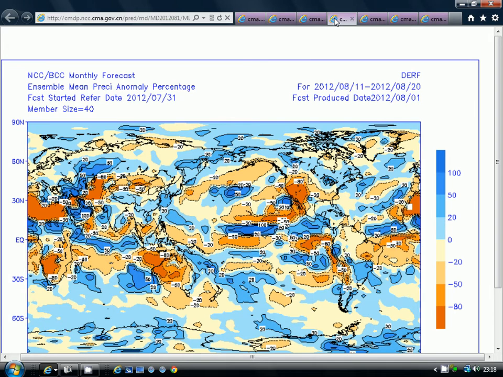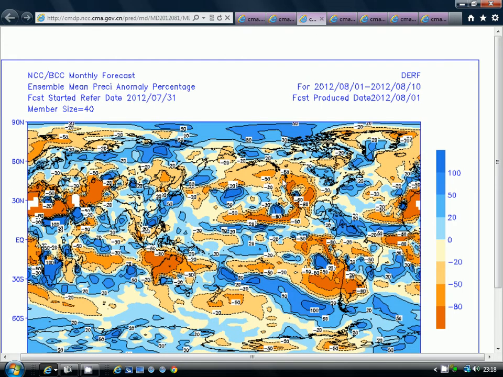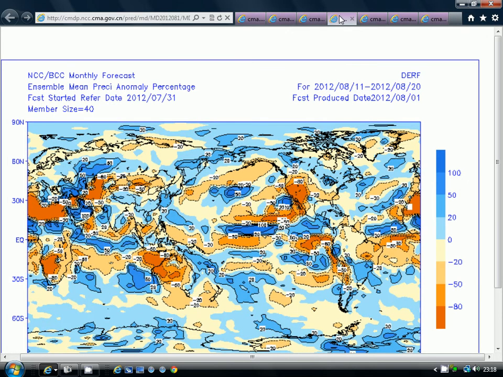Going into the second period, the 11th to the 20th, again we have below average precipitation anomalies here in these western areas, but the area is shrinking. If we look at the area for the first 10-day period, it's quite a large area stretching into many of these central states. But once we get through to the second period, the 11th to the 20th, that drier than